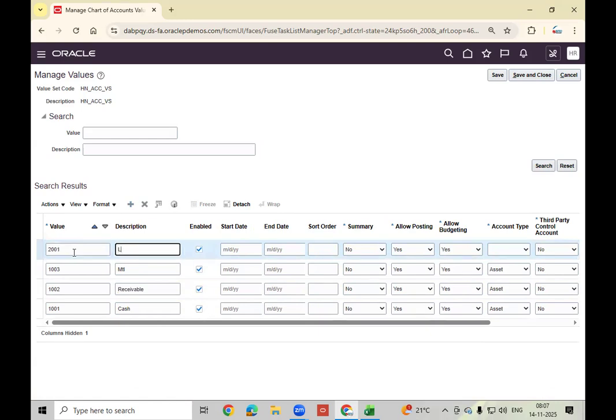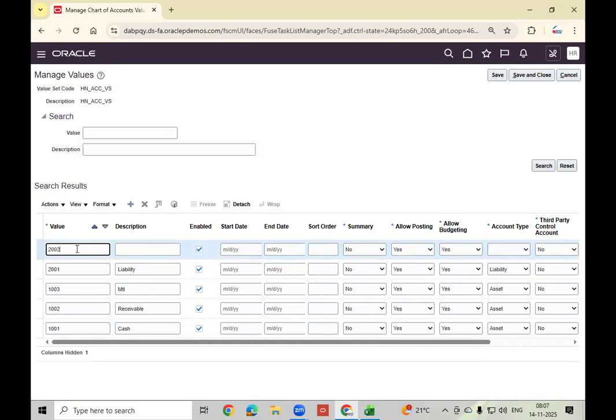2001, liability account. So it is liability only. 2002, inventory AP accrual account.